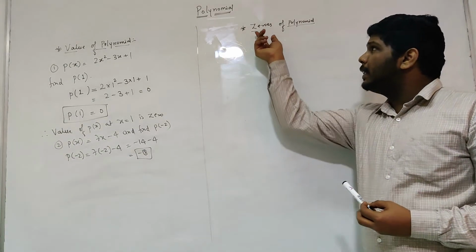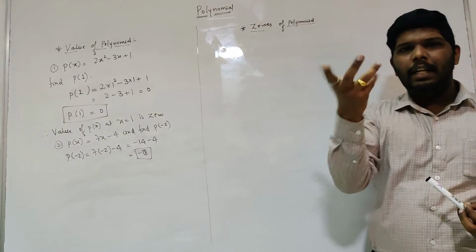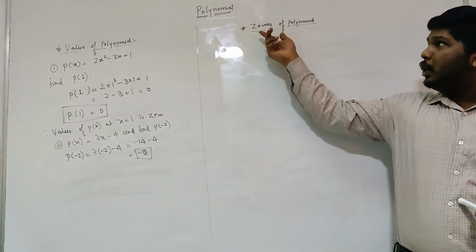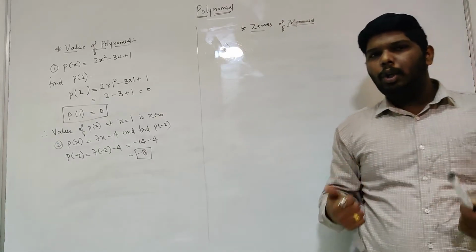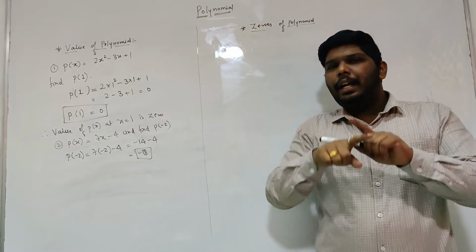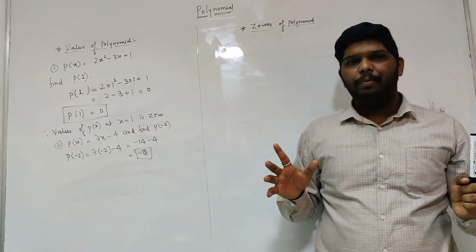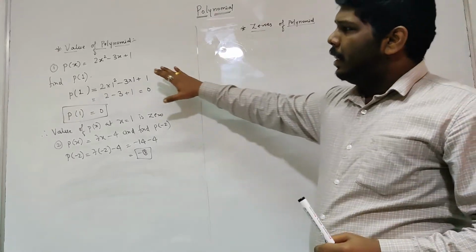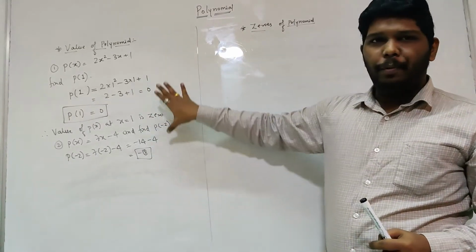Now what do you understand from this word 0? 0 means basically a digit, right? It is this digit. So the zeros of a polynomial are basically those values of x which, if I substitute in place of x, the entire polynomial turns out to be 0. Okay, so let us try to understand slowly, very easy topic. These two examples are there in front of you.